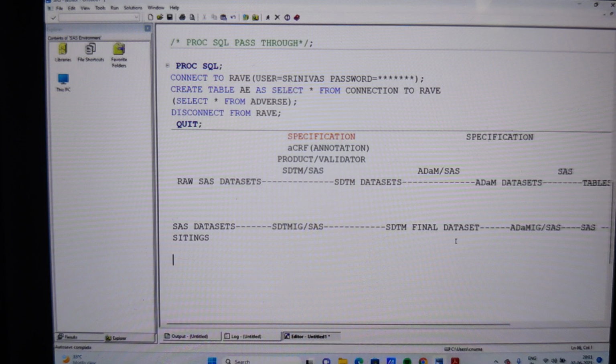And by the way, when you listen to the ADaM project classes, you should revise your base SAS. Otherwise, if you focus only on project classes, SDTM and ADaM, you'll forget the base and advanced SAS. So you should manage your time in parallel, practice base and advanced SAS, and along with that, work on your project also. If you do something extra for one and forget the remaining, you're going to lose that one. Understand what I'm saying?